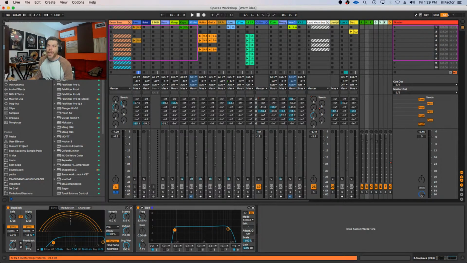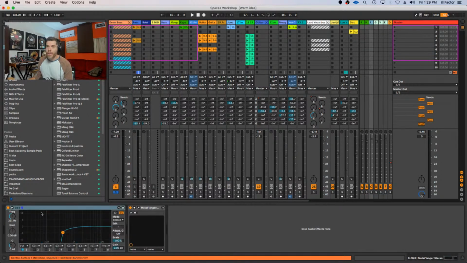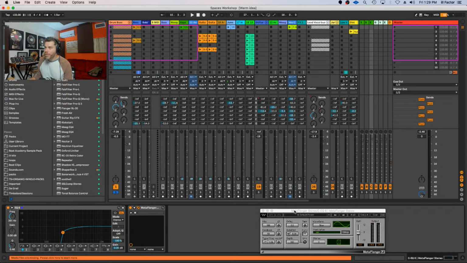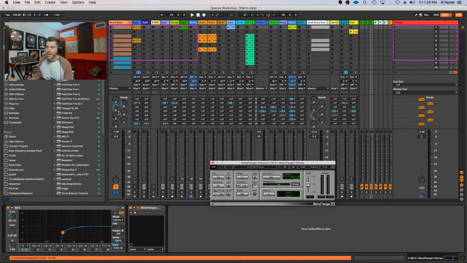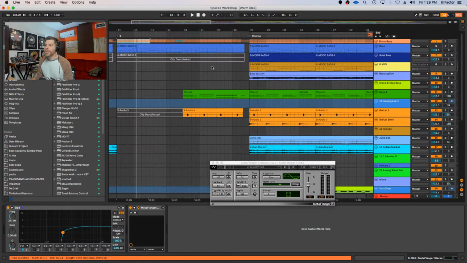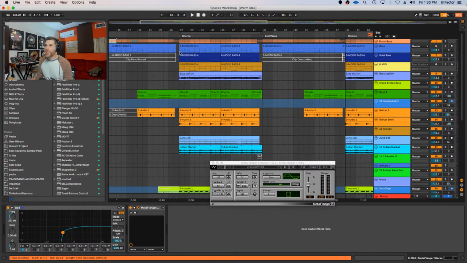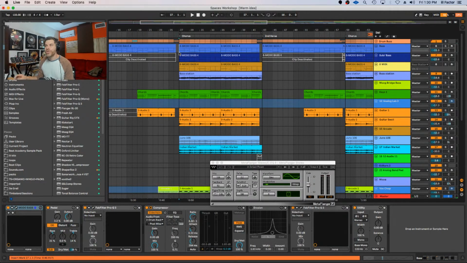And then I add a flanger on return track C right here. I'm cutting out all the low end so that doesn't go into the flanger, and I'm using Waves MetaFlanger. And this is really cool. This is now going to add sonic movement to the drums. So what can be cool is, throughout my arrangement, I can add some automation and increase the sending to the flanger during my choruses.